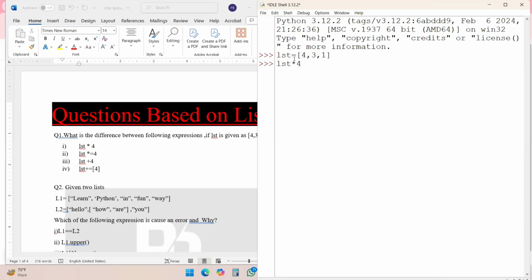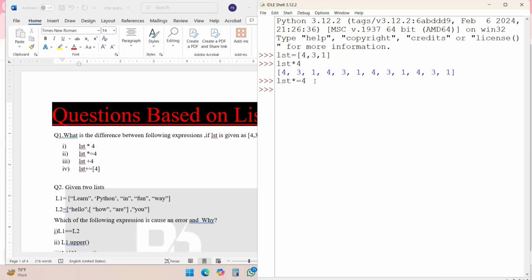Asterisk is my replication operator. So it replicates my list 4 times. But if I am writing list asterisk equal to 4, now what do you observe?